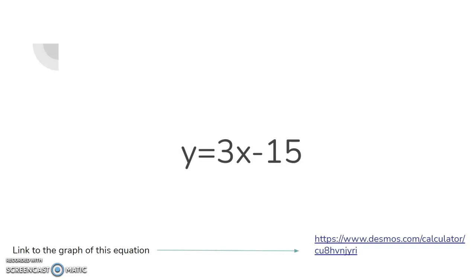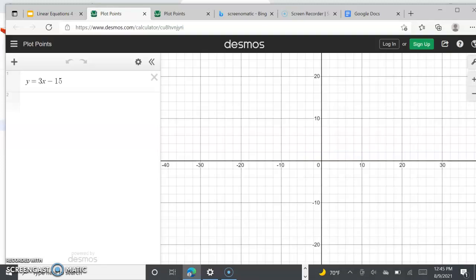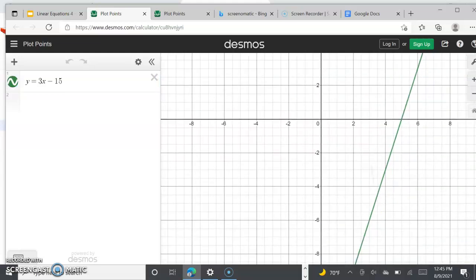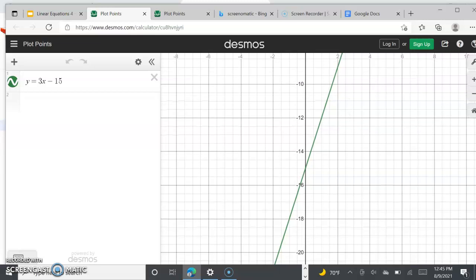So this is saying that the slope is 3, and the y-intercept is -15, and I do have a link for the graph of it, as seen here, and you can see it's going to, if I can zoom in, it's going to touch at -15 right there. So that shows that